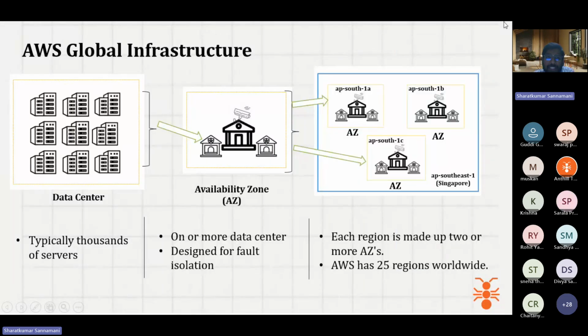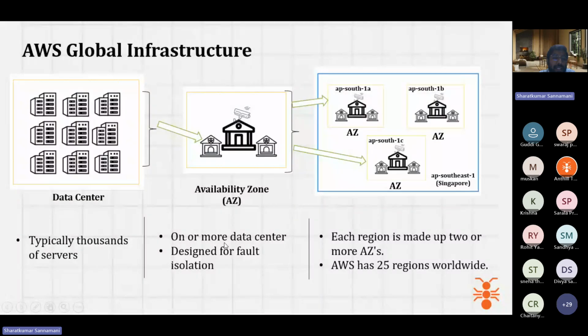What is next? We saw what a data center is, right? In a data center, there is a set of servers, a combination of thousands of servers sitting next to each other and forming one data center. We saw only one building in our first picture, but here you are seeing a combination of multiple buildings. All together we call it a data center. What does a data center contain? It contains thousands of servers sitting next to each other with the wires, cooling, power, everything.